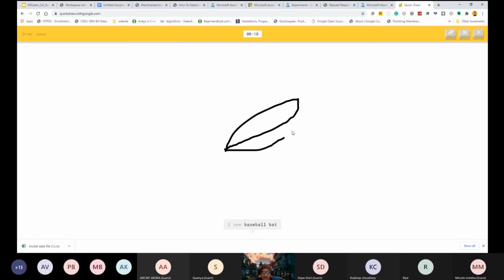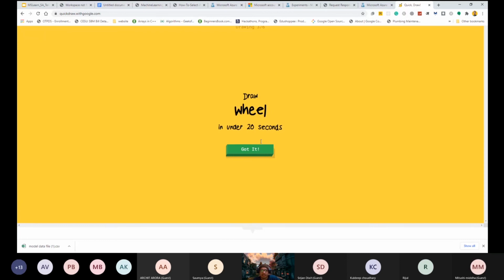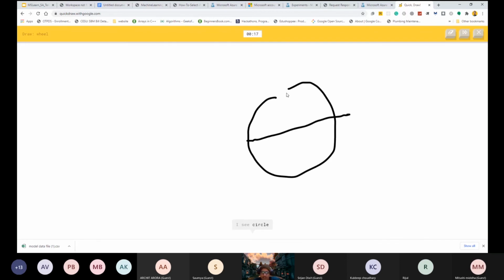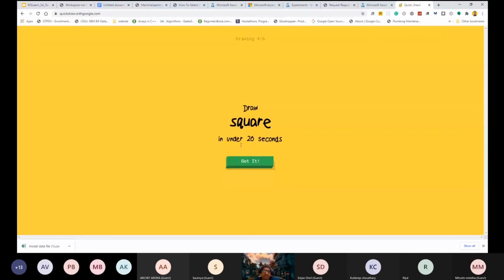Pizza. Yeah, it identified the pizza. Now you can draw a wheel. Yep, it identified the wheel. So basically, there is a lot of data in this particular game, so it can easily identify whatever you are drawing. So you can play it on your own.